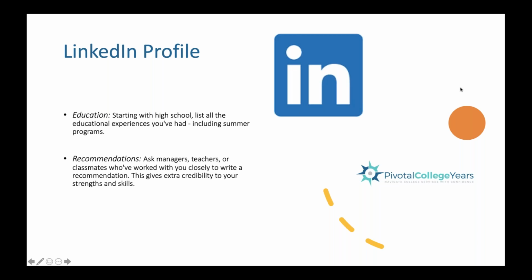And finally, recommendations. Oh, and education you will update as you go. So once you are starting college, you will add your college, right? And that would be first because that's your most recent. You would add your major. But for now, you're listing high school. If you attended more than one high school, it's really not important to list the other high school unless there's some specific value to it in your goal of getting accepted to college.